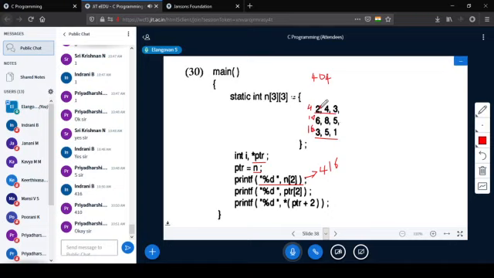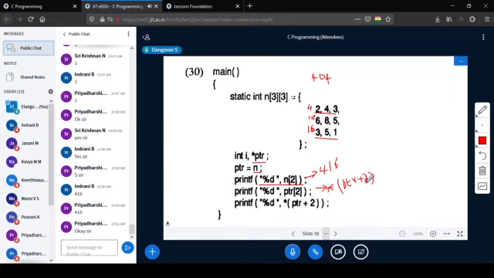What is this ptr[2]? If I am using this, then what is the expansion? How does it have to be expanded? Address of, that is, value at ptr plus 2. Correct? You should not forget all these things. These are all some kind of mantras. You should never forget these things, even after any number of years.